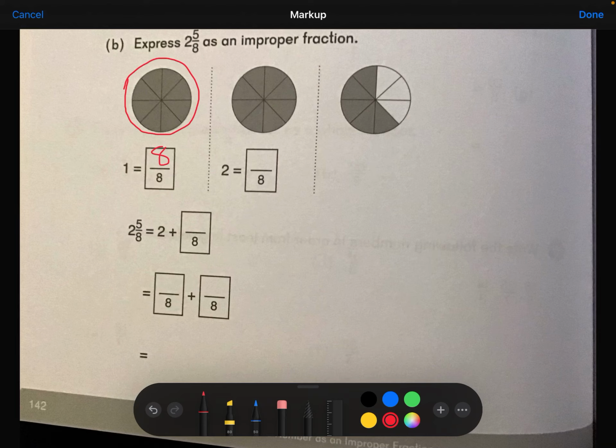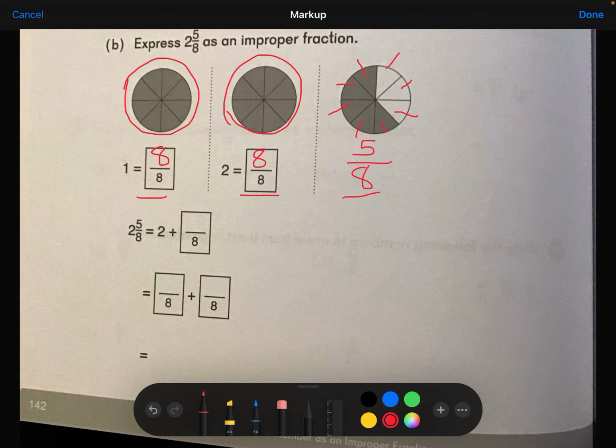Let's look here. We have another set of eighths, a whole that's represented in 8 parts. We have all 8 of them. So now we currently have 2 wholes represented as improper fractions. We have some leftovers here. We need to figure out how many pieces we currently have out of how many we could have for a whole. We have 1, 2, 3, 4, 5 shaded out of 6, 7, 8 out of 8. So we're looking at 2